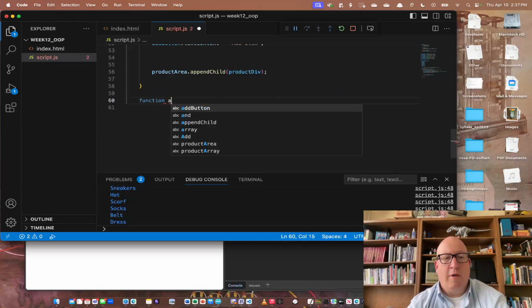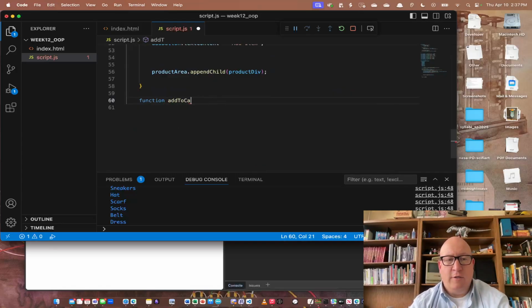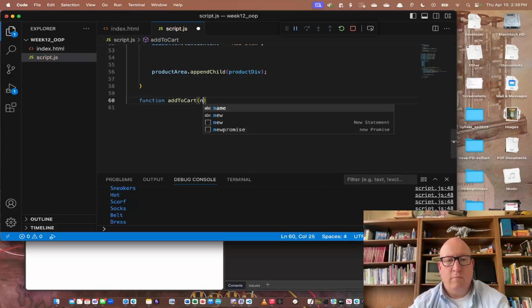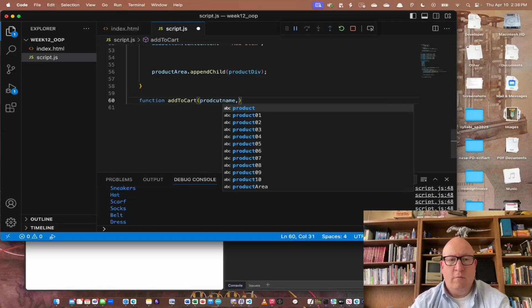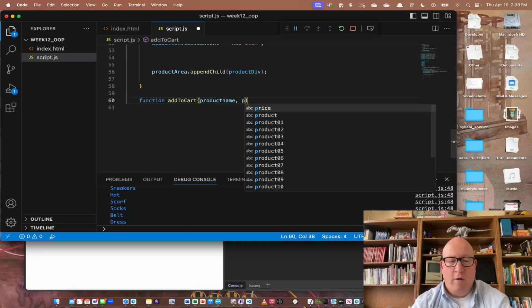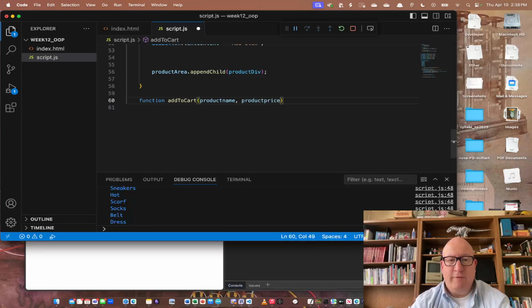So function, we'll call it add to cart. And what will be the features of add to cart? Function add to cart, and it'll take the name, we'll call it product name so we know exactly what we're doing. Product name, and we will do product price, and we'll say